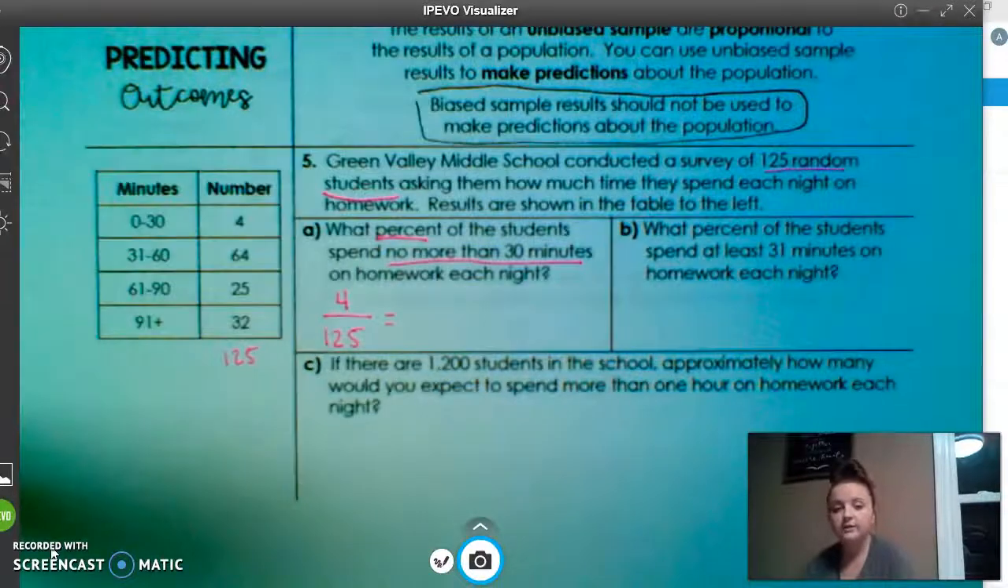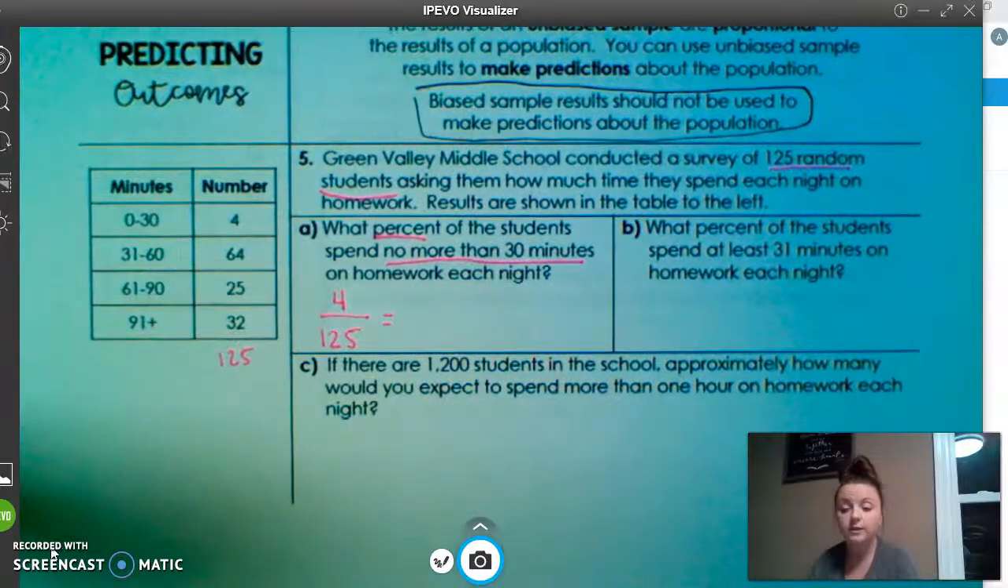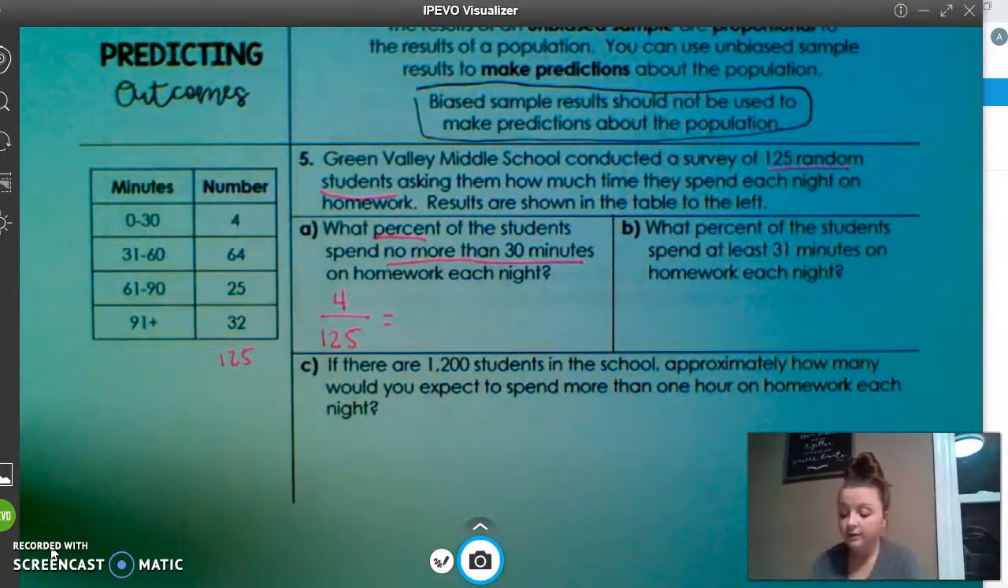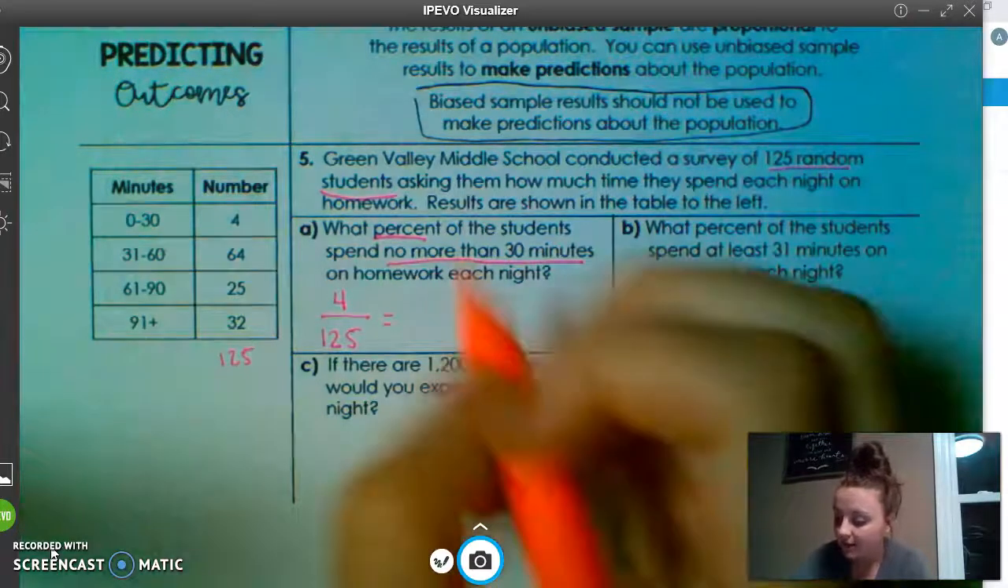Well, remember that to turn that into a percent, we've got to turn it into a decimal first. So in your calculator, like I'm on my phone right now, I'm doing 4 divided by 125, because remember, fraction signs are just big division signs. So when I divide that, I get